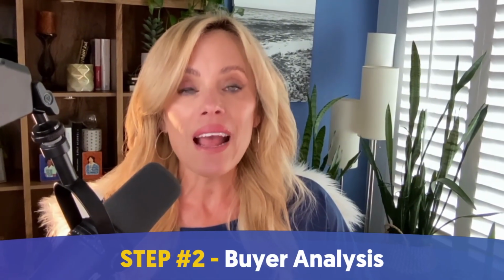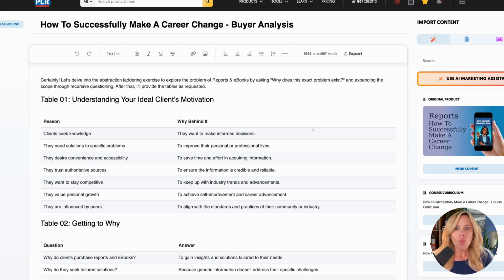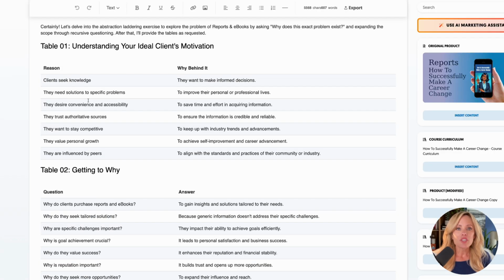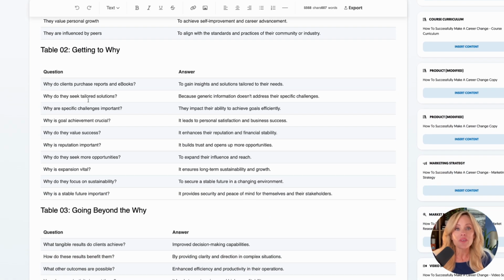that buyer analysis. So we've got Alex in our head as to who that avatar is, but let's find out a little bit more about Alex. So what is that client motivation? What's the reason behind the decisions they make? And what is their own why? So you can start to really get to the bottom of what they're looking for and start to speak to